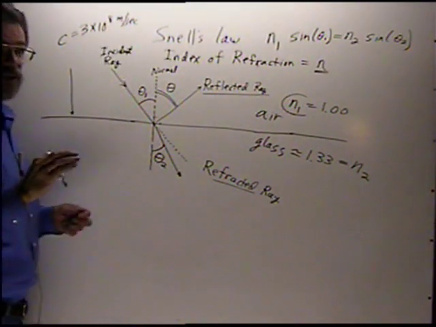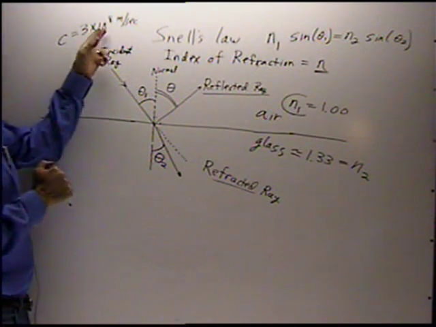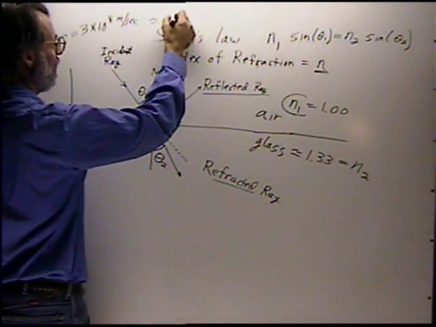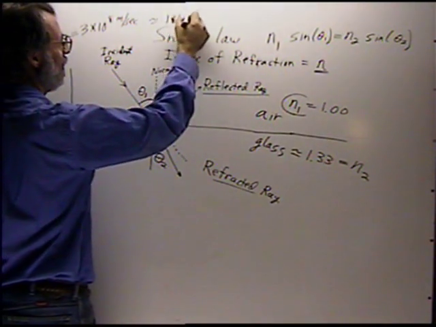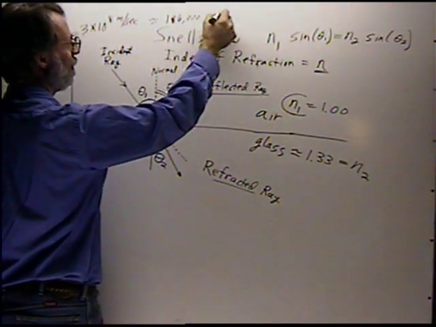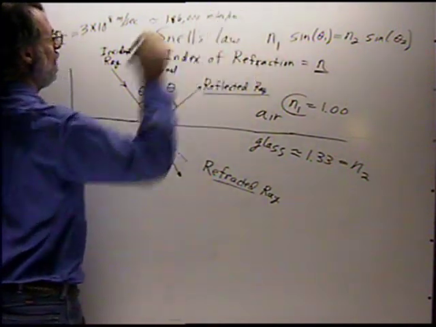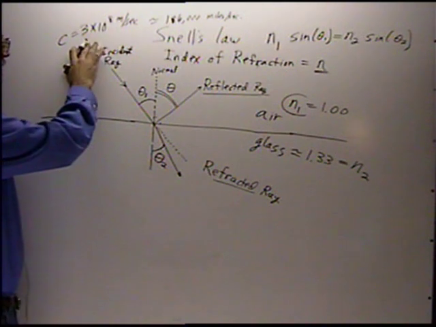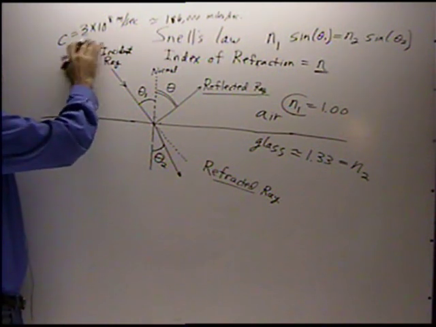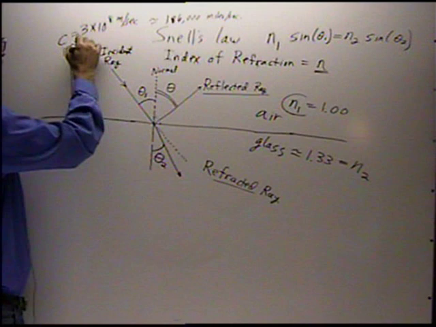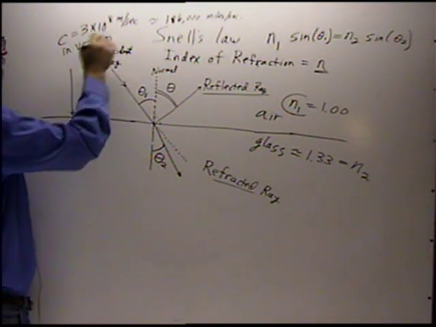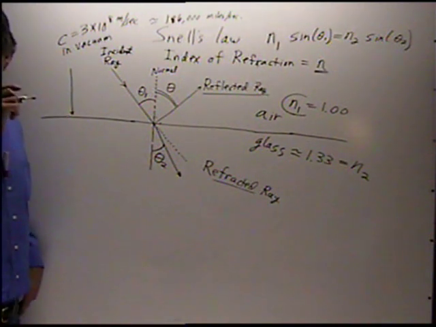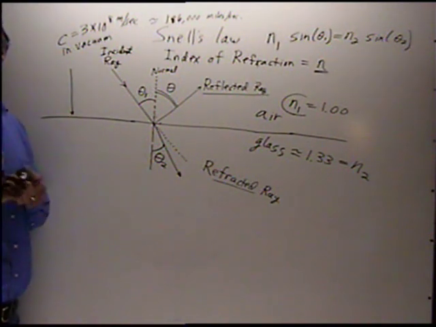That is the speed of light, which is also roughly about 186,000 miles per second. Now that is rightfully the speed of light in a vacuum. Okay, and for practical purposes, that's also the speed of light in